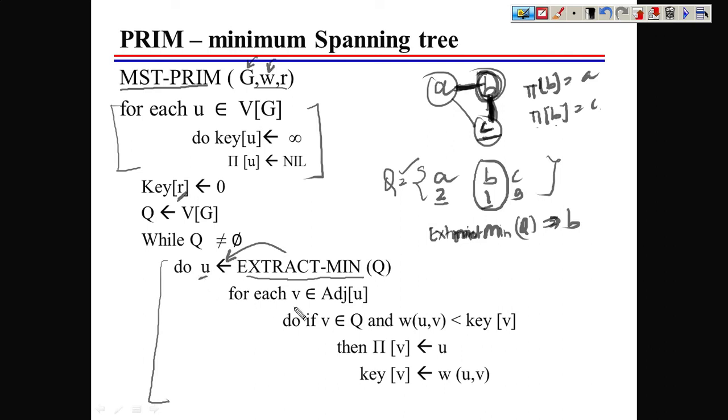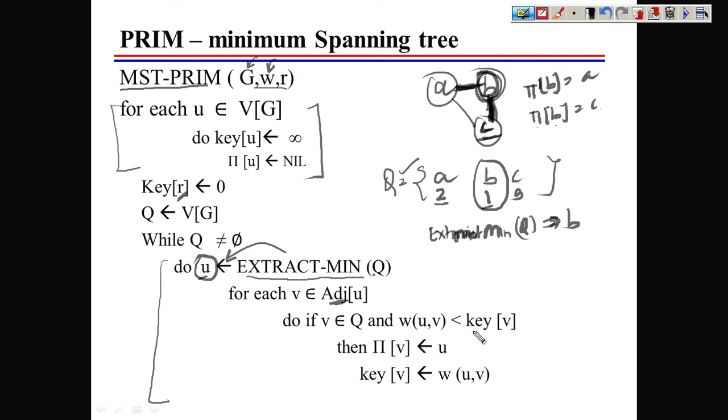For each V that belongs to adjacent of U. So adjacent refers to the neighbors. Neighbors means all the vertices which have an edge connected to the vertex. So what does it mean? For each vertex, we have got this vertex from the set Q, and we will look at all the neighbors of this vertex, and do: if V belongs to Q. So if V is a part of Q, then